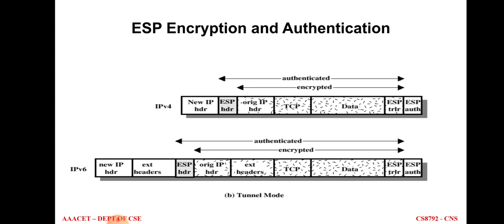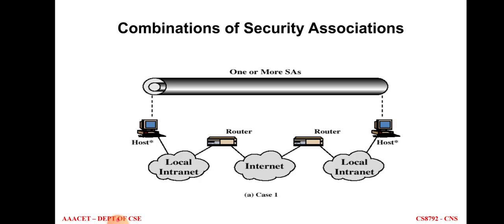The first step is that the source prepares an inner IP packet with the destination address of the target host, and the outer packet is routed to the destination firewall. Then the destination firewall examines and processes the outer IP packet header with the IP extension headers. And finally, the inner packet is routed through zero or more routers in the internal network to the destination host. So this is the concept of tunnel mode.